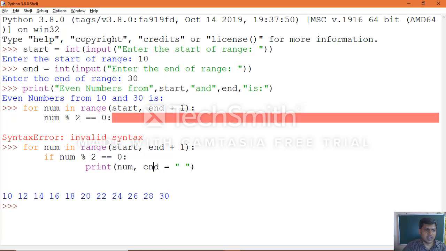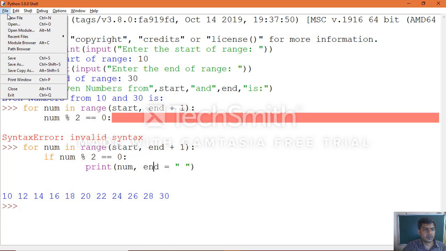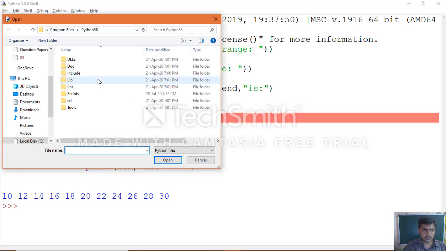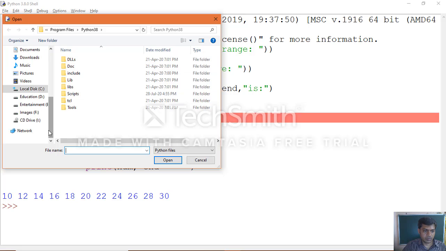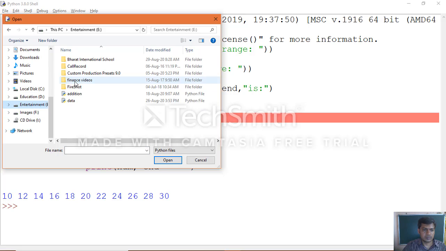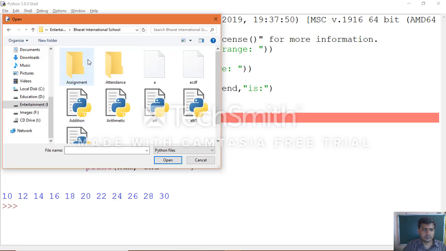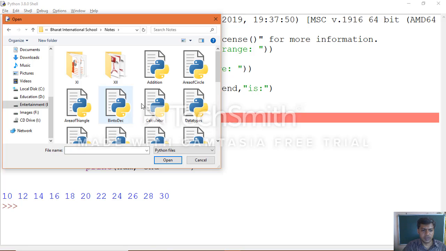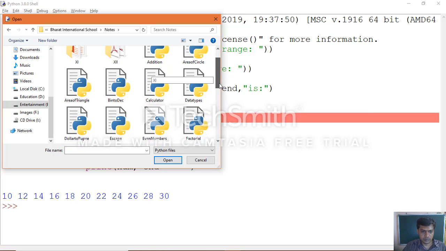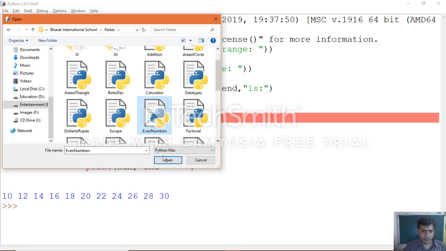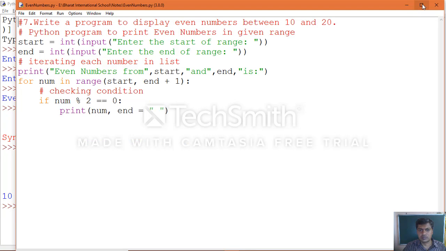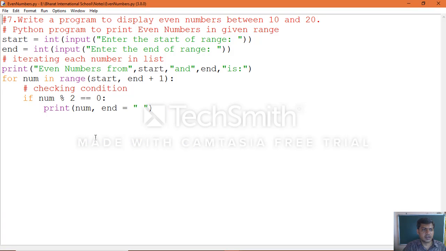Same thing you can execute through a script file. Open, I already created the even numbers program, you can check.